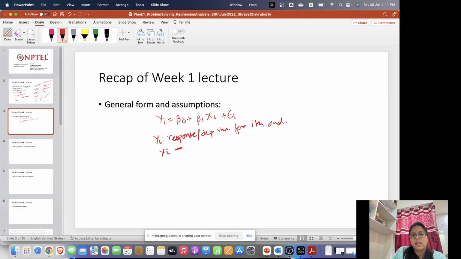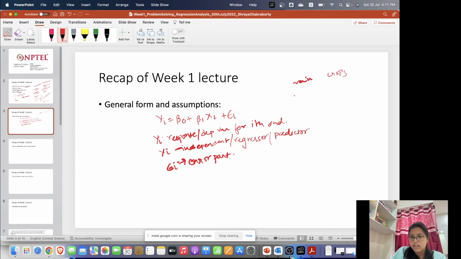Xi is the independent variable, the regressor or predictor, and epsilon i is the error component, because with each individual there's some amount of random error associated,